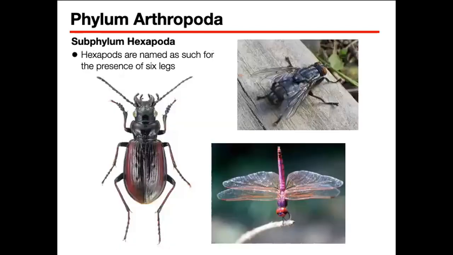And lastly, we have the subphylum Hexapoda. Hexapoda are named as such because of the presence of 6 legs. So many insects are under this subphylum. You have the flesh fly, which we see, say for example, in